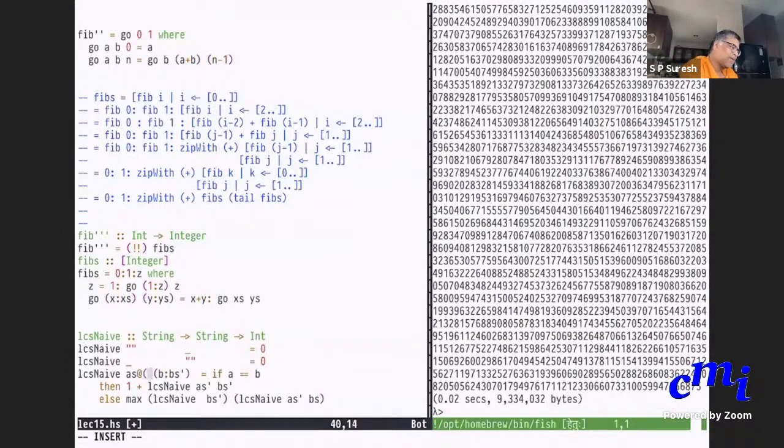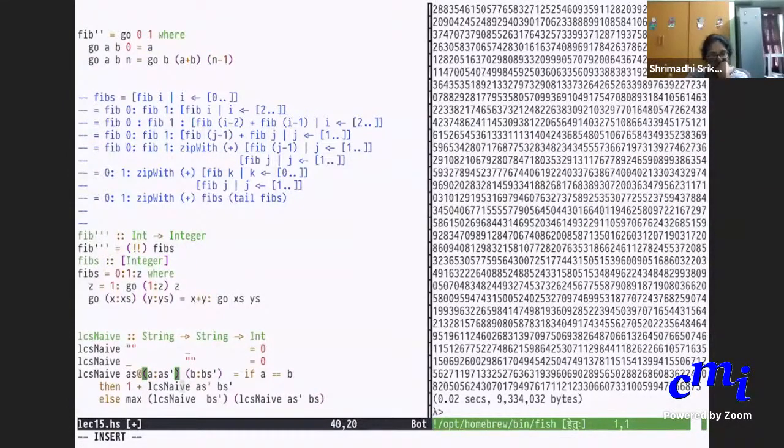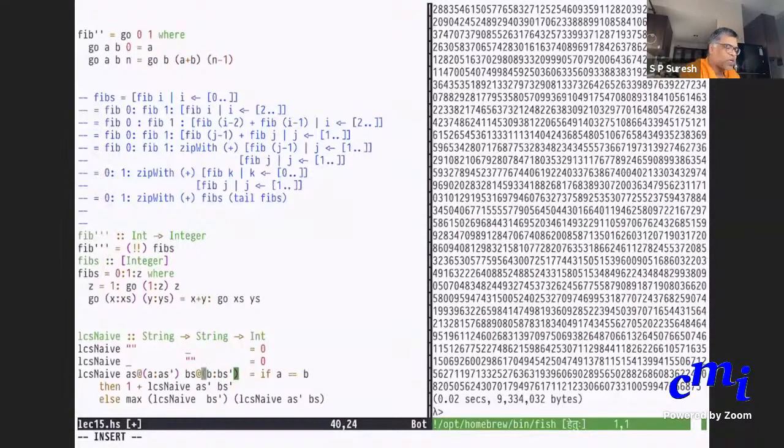Okay, right. Yes, I'm able to refer to the parts as a s prime, but also I am able to refer to a colon as prime as just as directly. I have two ways of referring to them. So you can give a name followed by at followed by a pattern. That's a simplification. That's a nice thing that Haskell offers.